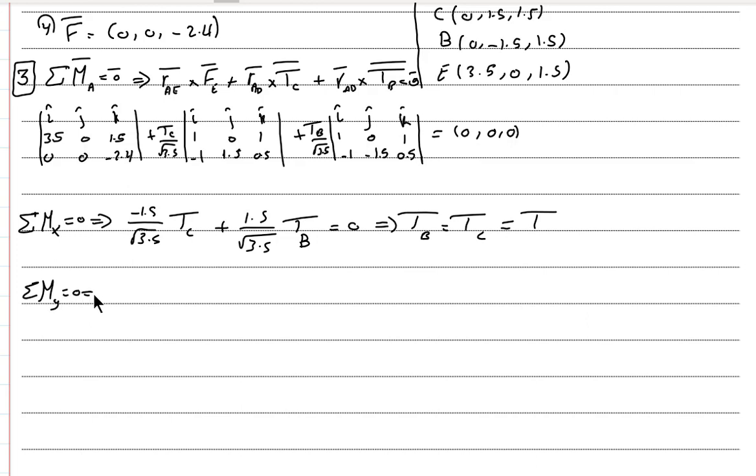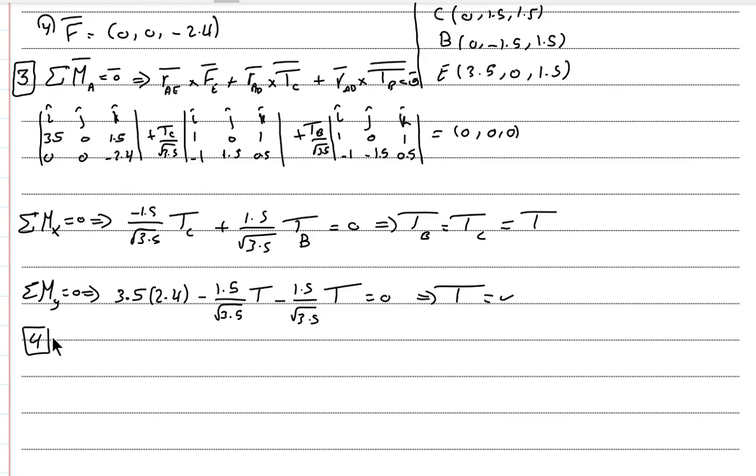Also sigma moment about y equals 0, so we have 3.5 times 2. Negative 1.5 over root 3.5 T, and then also here we have minus 1.5 over root 3.5 T equal 0, and then we can get the value of T. After that we can